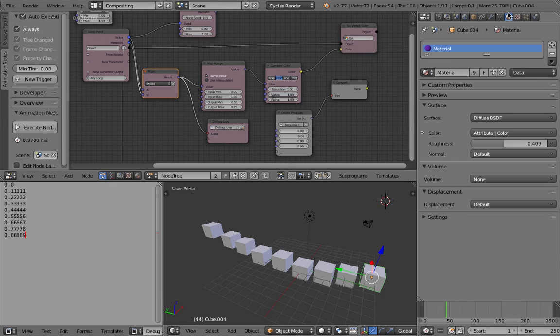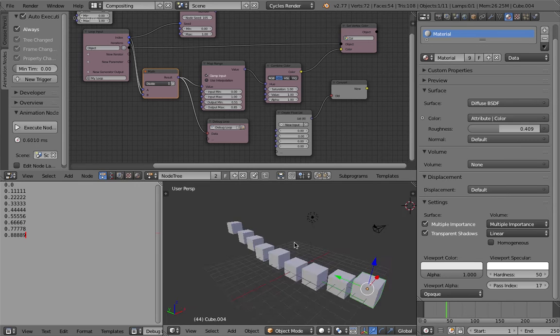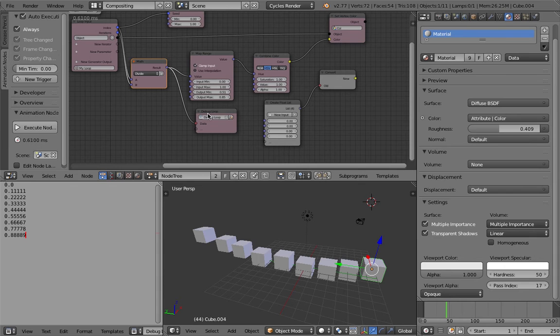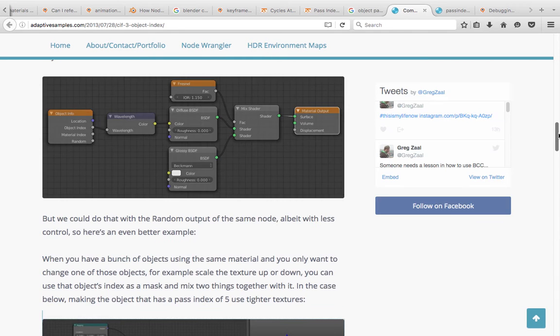Maybe under material settings, there is a pass index, and this is an integer number. We can also use this pass index to kind of hack the numbers into each object, depending on what you want to do. I actually saw this example as well,